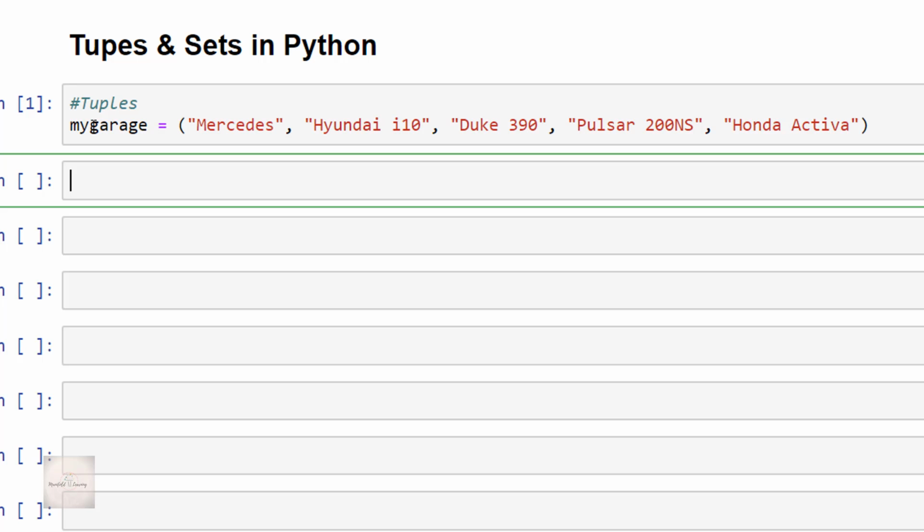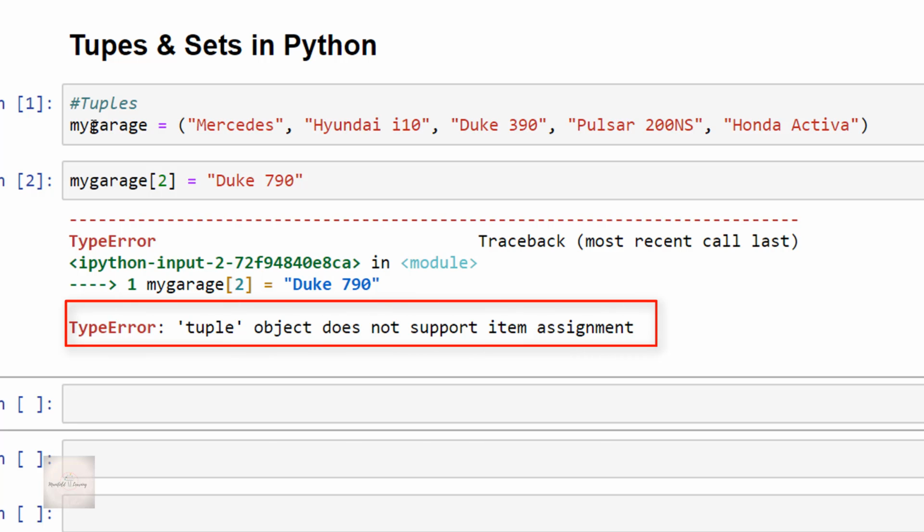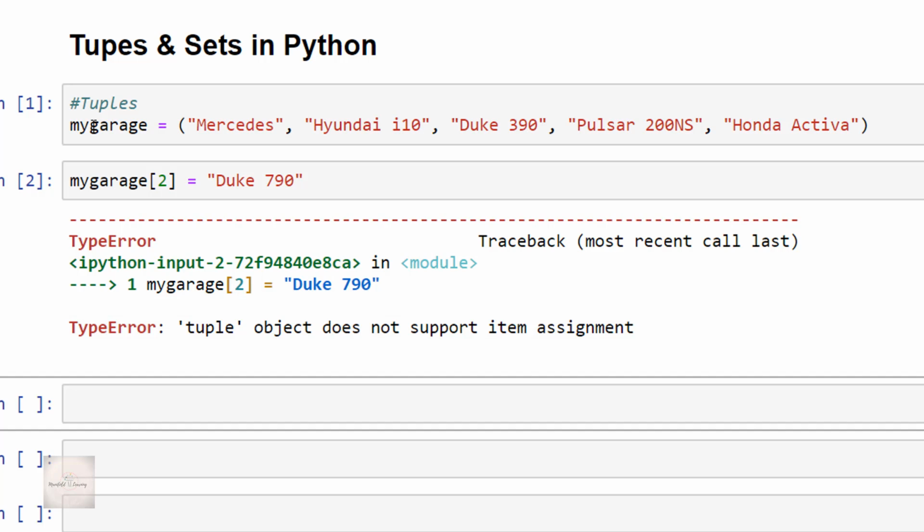So just like the Python lists, I'll write my garage 2 is equal to Duke 790. See, as we can observe, we have an error. It says tuple object does not support item assignment. So guys, this confirms that we cannot modify the elements of tuple.